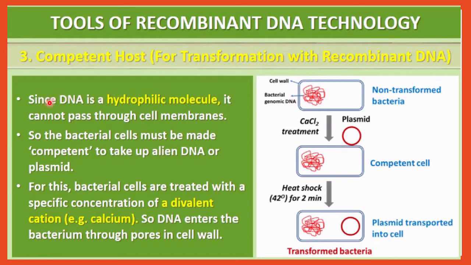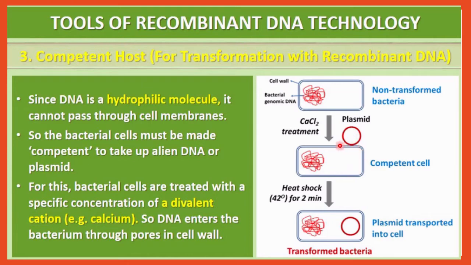So let me explain. DNA is a hydrophilic molecule. You have learned already in standard 11, chapter 9, that DNA is a negatively charged molecule, and that's why it is hydrophilic. It cannot pass through the cell membrane. Why can DNA not pass through the cell membrane? Because the cell membrane itself is negatively charged. So DNA is negatively charged and the cell membrane is negatively charged. Both charges are negative, and that's why the plasmid cannot pass through the cell membrane